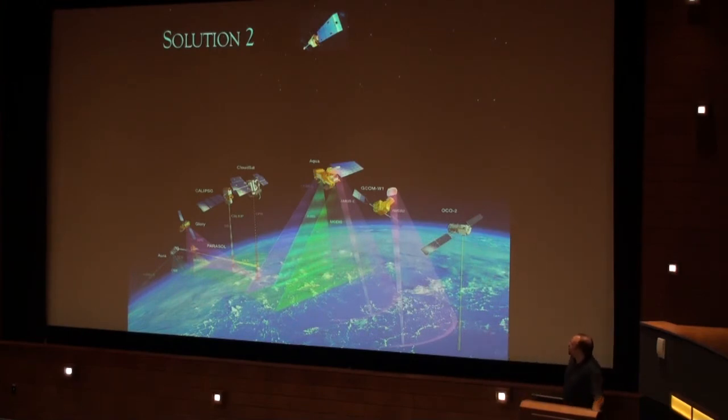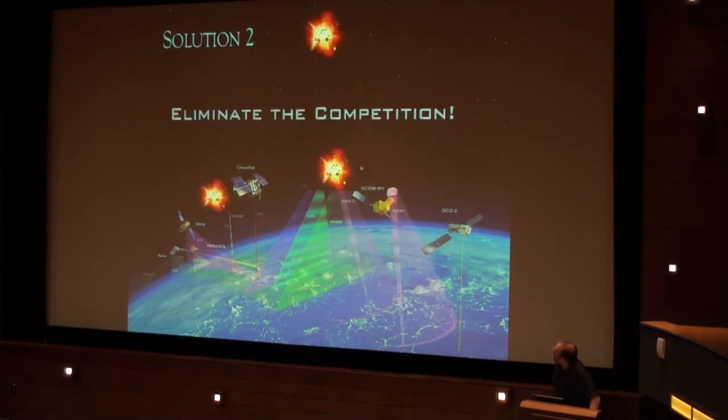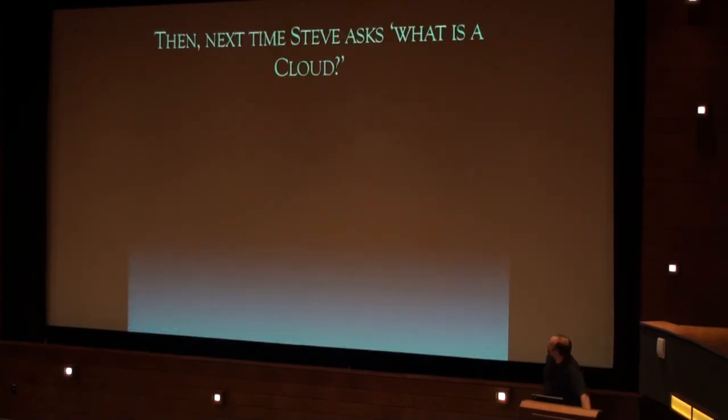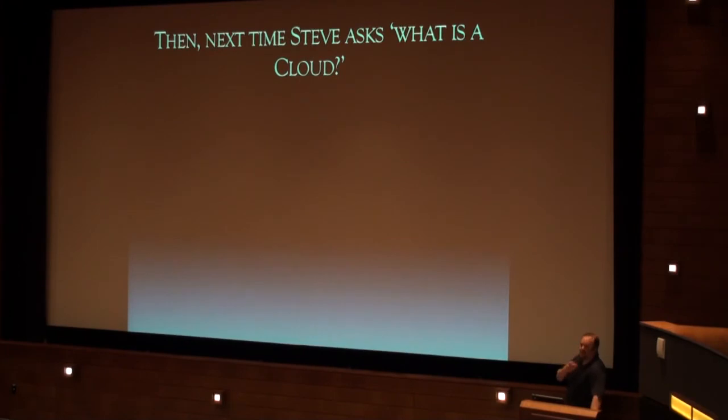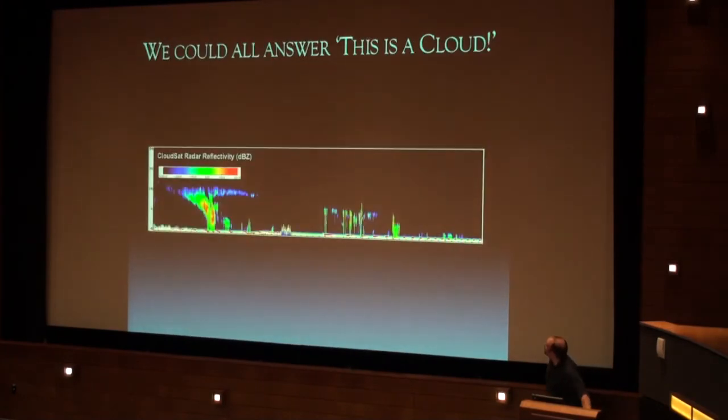Now I was thinking though, if the developers had a little more vision and decided, we're going to need to resolve this discrepancy between what the different sensors think a cloud is, what if they had given us the ability to point the satellite in different directions? And for example, shoot some of our competitors out of the sky. We could eliminate the competition using just electromagnetic pulses. And then next time Steve comes into my office or asks anybody what is a cloud, we can all answer the same thing. This is obviously what a cloud is. Story over. So, that's all I